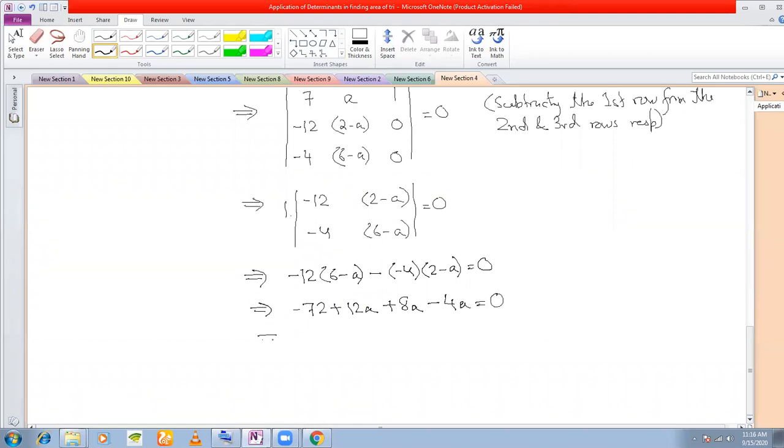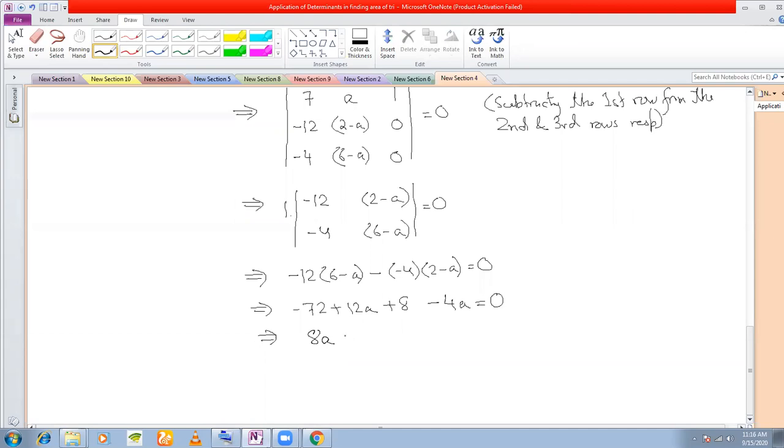Okay, so now this is 12 plus 8 is 20A. Oh, that's 2. There are how many A's? 2. This is not 8A. This should only be 8. Okay, so 12 minus 4 will give you 8A, and minus 72 plus 8